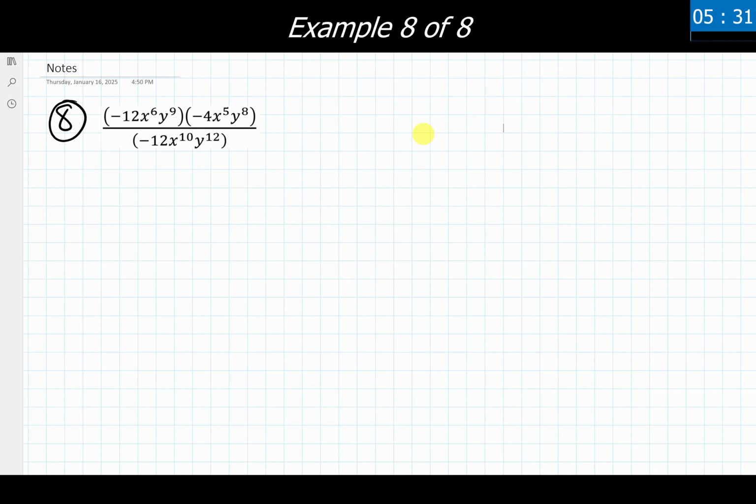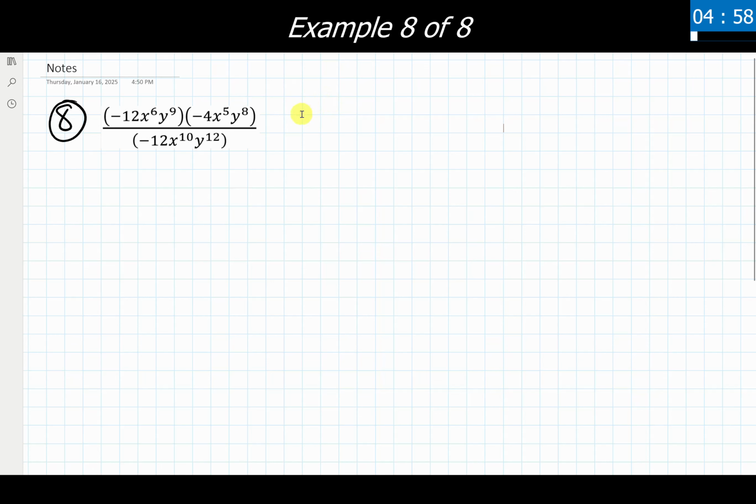And here we are at our 8th and final example for this video. If we're looking at this, yeah, it's kind of a mess. There's a lot going on here. There's a lot of variables. There's a lot of properties. And it can be a bit overwhelming of what we want to do, how we can start this thing or not. So I want to start off with saying that you have multiple routes that you could take to start this problem, but they will all ultimately lead you to the same final answer.